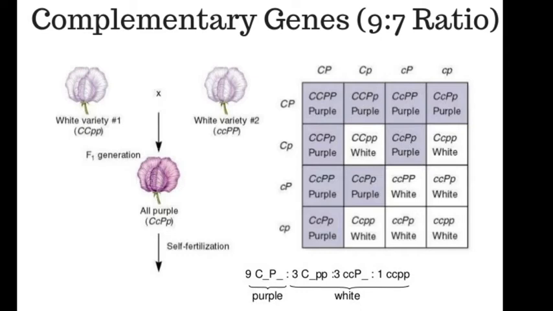Okay. So there are 9 F2 plants which have both C and P, and these are therefore purple. The other 7 have either C or P alone, or neither, and are white. Okay, so this explains the 9:7 ratio, which is obviously a modified dihybrid ratio, 9:3:3:1, in which the last three classes are phenotypically indistinguishable from one another, all being white. Thus, when two genes interact in this way to produce a character different from what either produces when alone, they are called complementary genes. Okay, I hope you understand better.